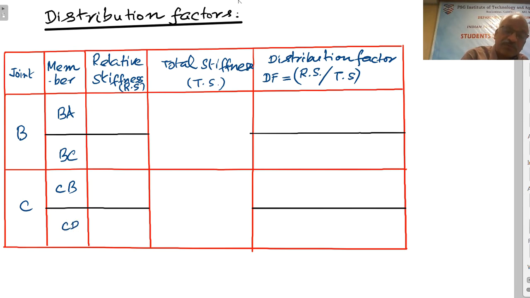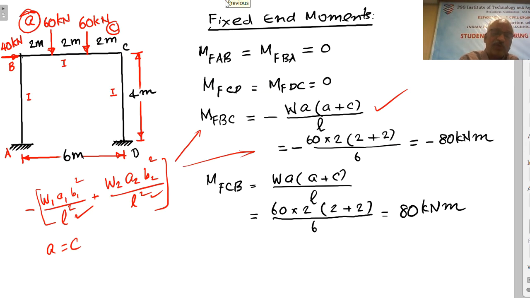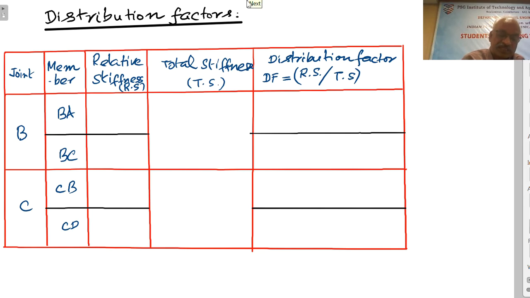Now here in this problem, I is the same, uniform I. I is uniform for this member, here it is I, here also it is I. And coming to L, for the beam BC it is 6 meters. For the columns the length is 4 meters. So for BA it is I by 4 because the far end is fixed. Here at C, the far end is continuous. So for both you have to use I by L. This you have already discussed, but still to summarize.